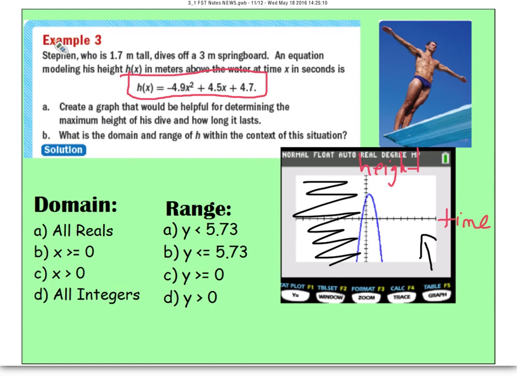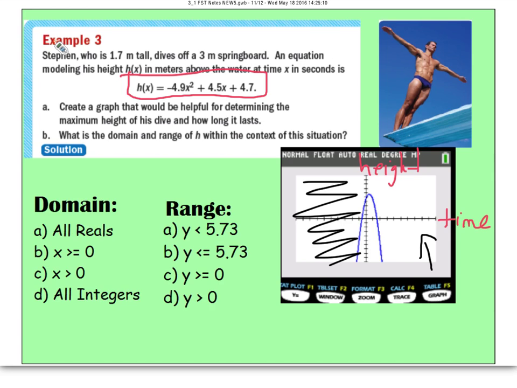And you have to remember this. This is real life information now. If they had just given me this graph right here and said, what's the domain and range? I'm going to tell you, the domain would be all reals, okay? And the range would be whatever this y value is here and everything lower. But this is a real life example. So the real life example in terms of the time for the x's, well, when he jumps and starts his jump,